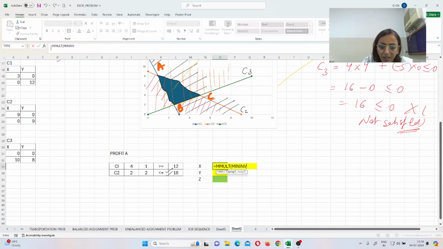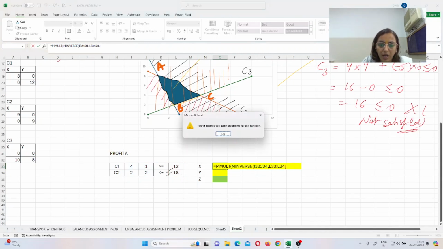Sometimes the formula is not there, so you have to check that it is properly spelled. Yes, it's there, MINVERSE. That's how I was using the wrong formula. Now it's showing MINVERSE and then array. Okay, now going for this array. Right, MINVERSE array, comma, that's your 12 and x selected, right? Now close the bracket. After the array, what do you do? Close the bracket, don't press enter. Now Control Shift and Enter.